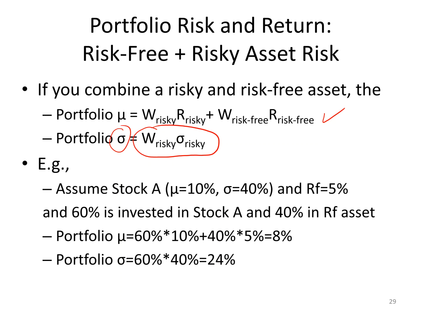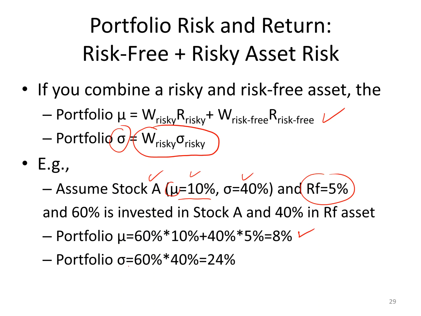So for example, if I have a portfolio of stock A, which has a mean of 10% and a volatility of 40%. Sometimes for the mean, we use the letter mu. And I want to combine that with a risk-free asset, which has a 0 standard deviation and an expected return of 5%. And I put 60% in A and 40% in this risk-free. The expected return is simply the weighted average.